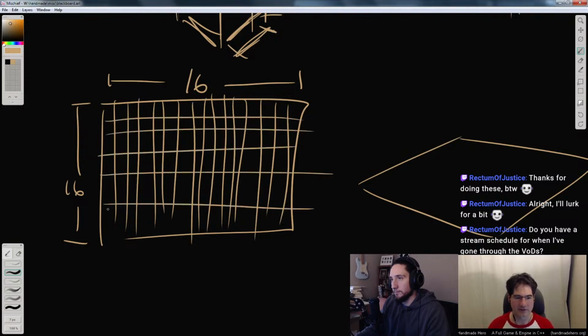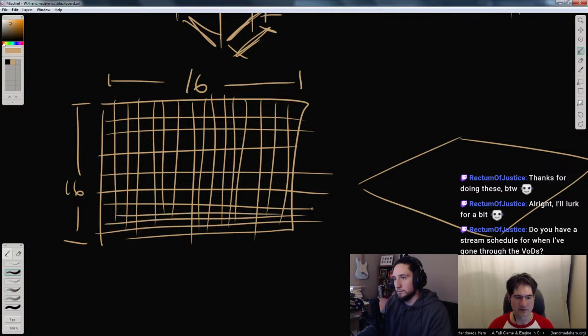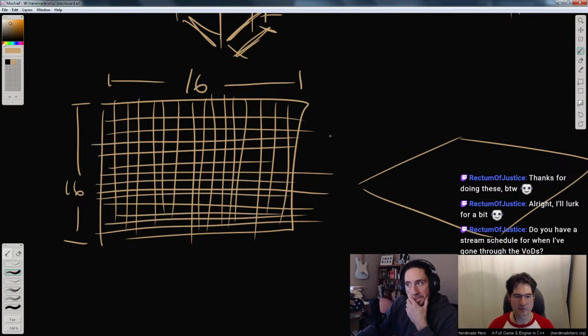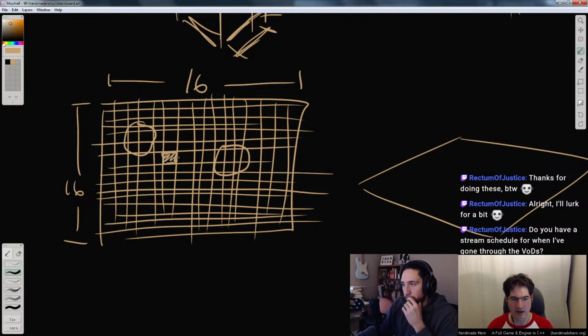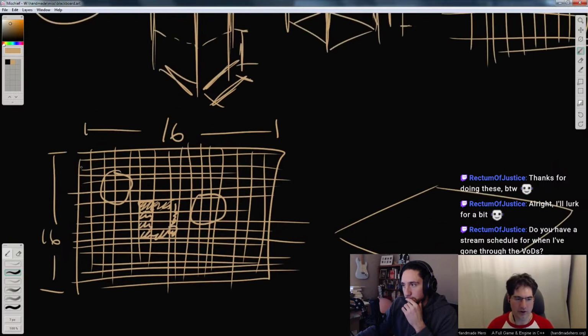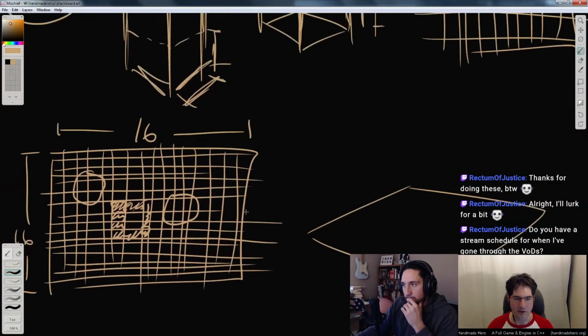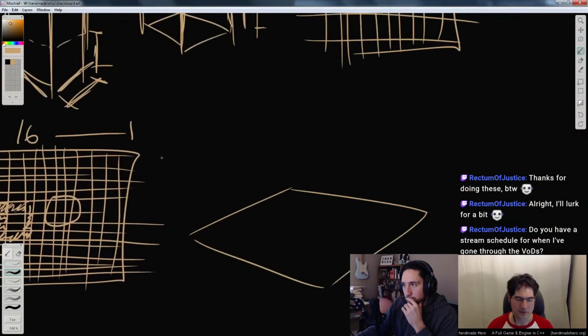Wow, I did a bad job. This is not even square, the construction grid I drew, but you get the idea. Our construction grid basically says we store in chunks of this size in terms of construction elements. Things can be placed wherever you want in here, but if you think of a typical wall piece that might be made by an artist, it should be about that big. We're thinking about it in terms of stuff that would go in the world like this. So the question is, if that's how we're storing the world, 16 by 16, which seems pretty reasonable, but we haven't really thought too hard about it,